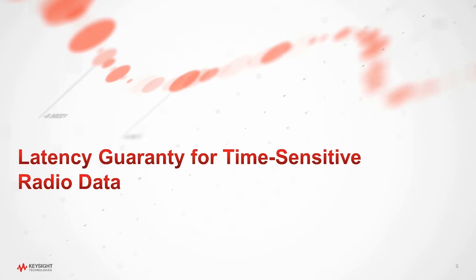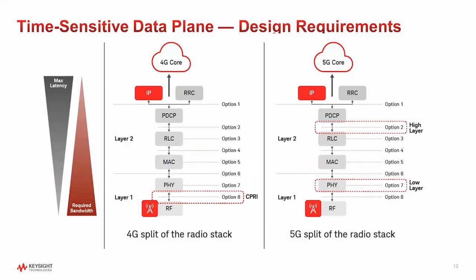And to understand why, let's take a look at how the functionality splits are done between the DU and the RU. At the top of the stack in the slide, we have the IP packet, and at the bottom of the stack, we have the antenna. As we move from the IP to the RF, the bandwidth requirement increases with more encapsulations being put on the data. But at the same time, as we move down the stack from IP to RF, we also have lower latency tolerance. For example, an IP packet is not really latency bound, but a radio clocking signal needs to be within a low latency limit.